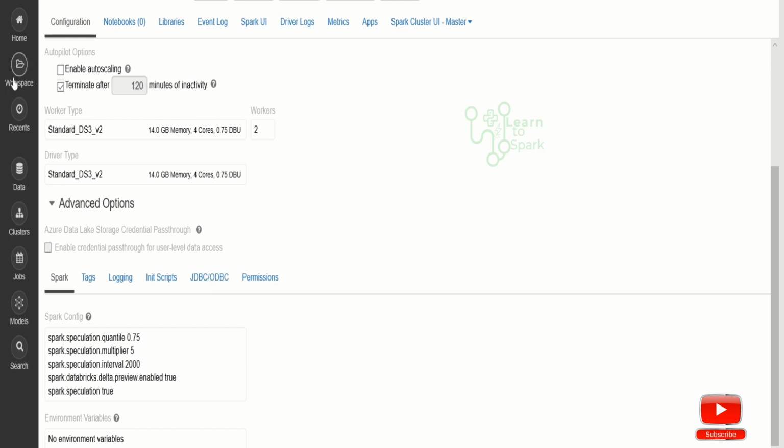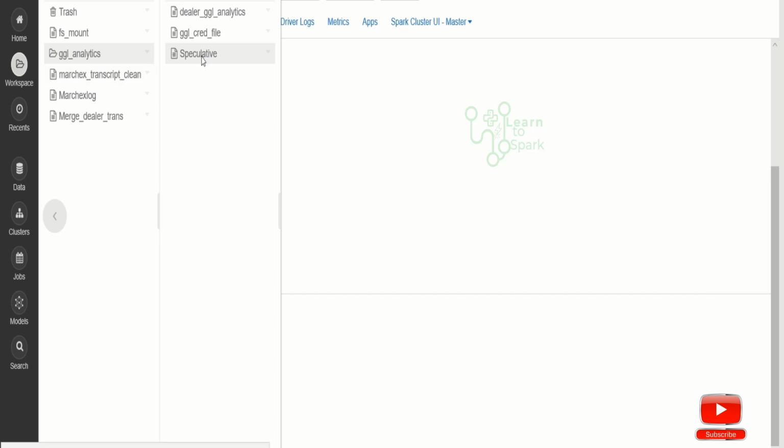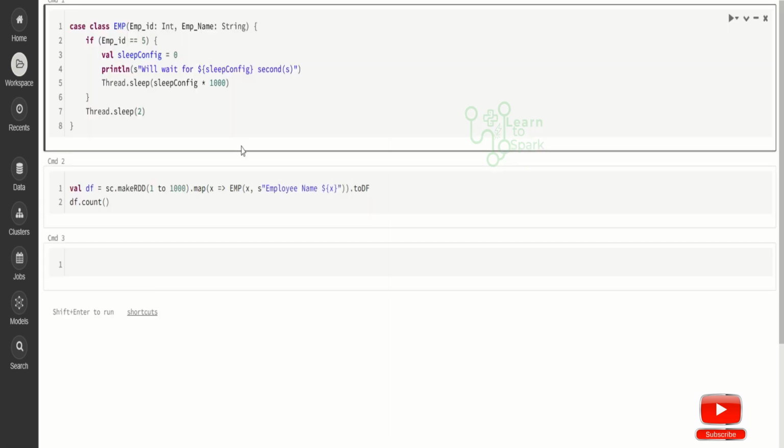Let us go to the notebook that we want. This is code written in Scala. It is just a case class which is used to create a data frame.